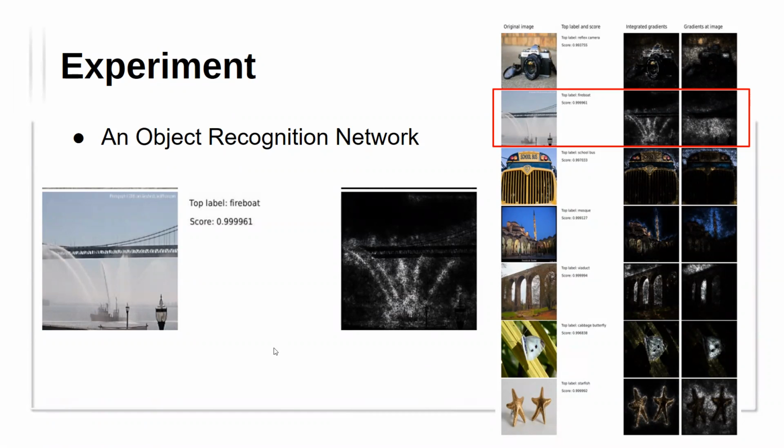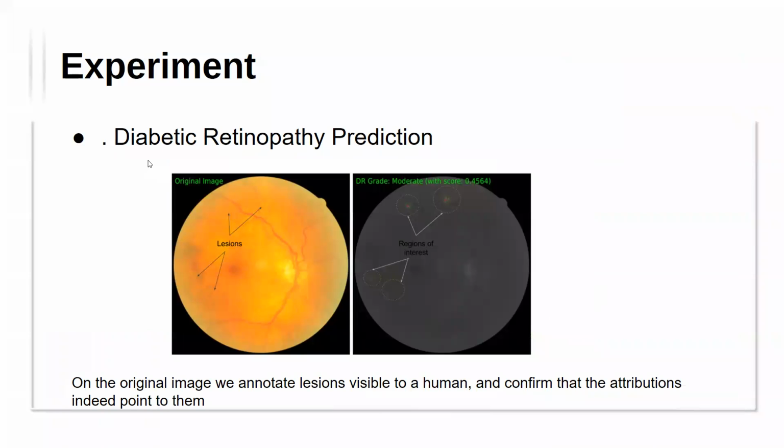It is a firebolt. So yeah, I don't know. I'm not that familiar with the concept of firebolt. So here, I think this example means that when we apply integrated gradients instead of gradients on the images, we have a better explanation. Yes. That's the result. And then the diabetic